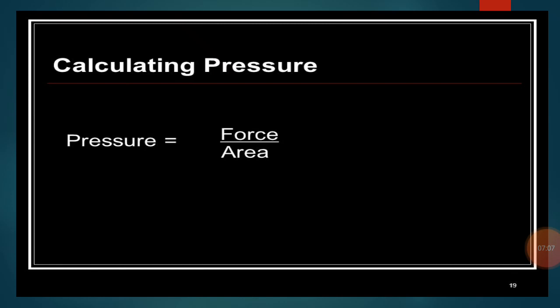there is a relation between the pressure, force and area, and this is clear to you with the help of this formula. Pressure is equal to force upon area. This shows that pressure is inversely proportional to area, and it is directly proportional to force. So the same force produces different pressure depending on the area on which it acts. When the force acts over a large area, it produces a small pressure, and if the same force acts over a small area of the object, it produces a large pressure.